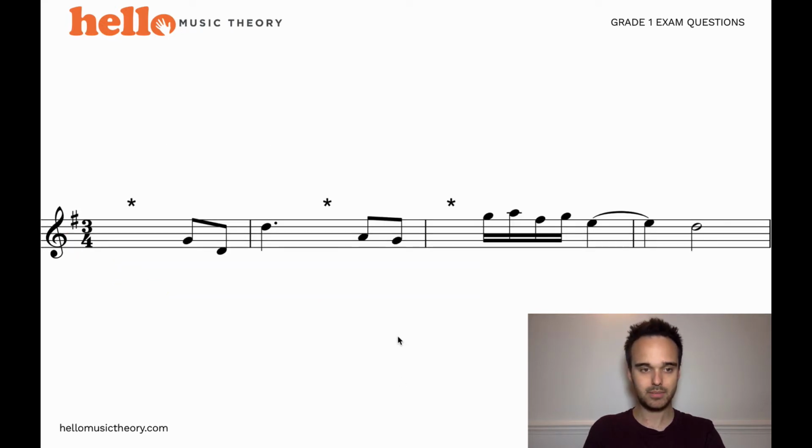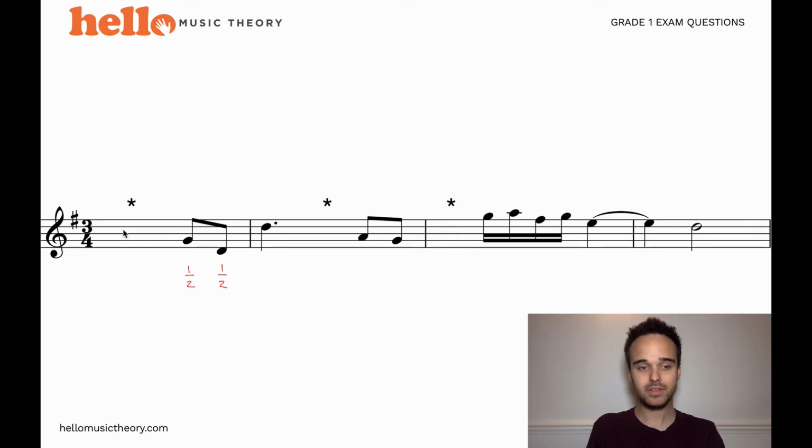Let's have another look at an example. This one's in 3/4, so we'll take a look at this. So again, the first bit of information you need to look at is what is the time signature. This one's in 3/4, so that means that every single bar has to add up to 3 crotchet beats. So let's get to it. So here we've got a gap for a rest straight away, and then we've got 2 quavers, which are worth half a beat each. So this bar only adds up to 1 beat so far, because 2 halves equals 1 whole. So we need to put in a rest that's worth